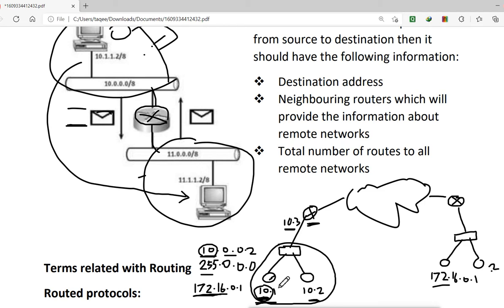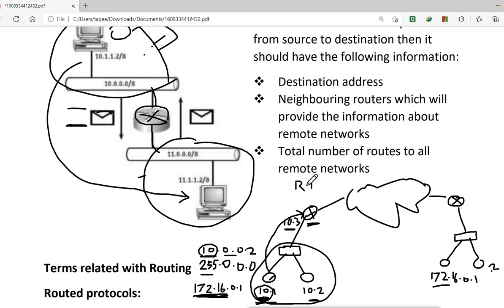Now if we have given the gateway IP address, then this machine will not try to find this IP within the network. It will directly send the request to that gateway, which is our router. And the router's job is to find the best path to the destination network. What does the router do? The router checks its memory, and in the memory the router has a routing table.